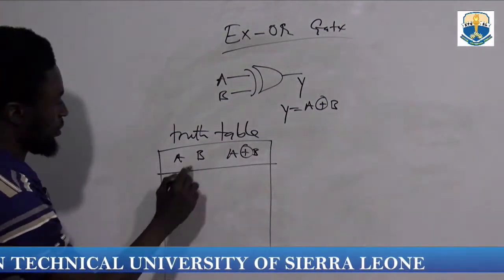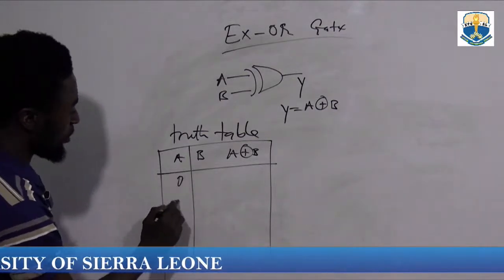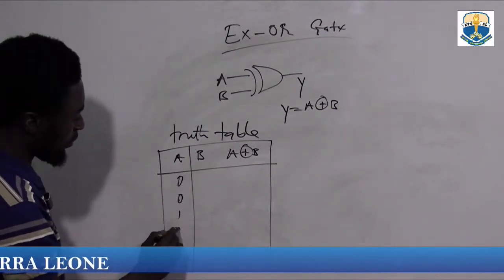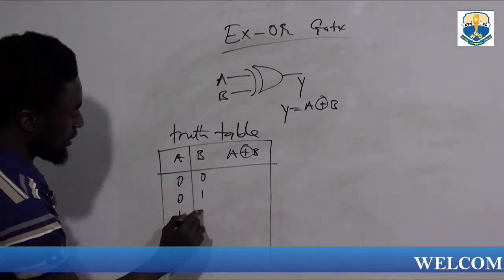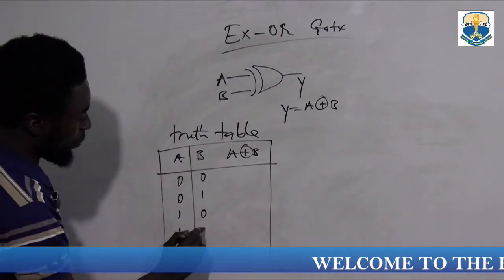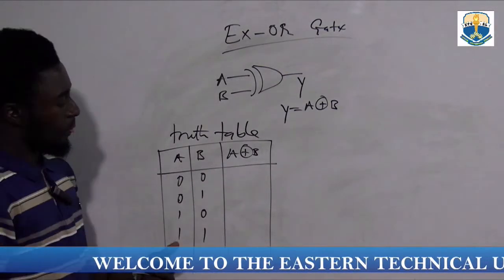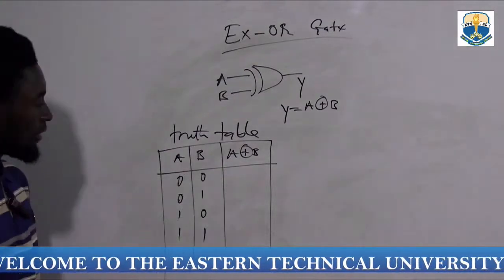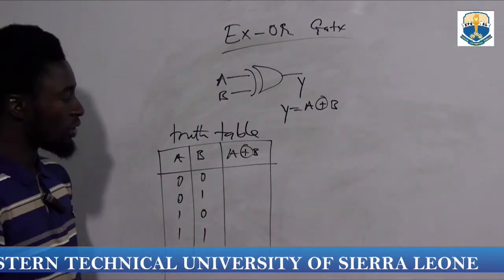Let's say the expected inputs, we have 0, 0, 1, 1, and 0, 1, 0, 1. So for us to get the output for exclusive OR,